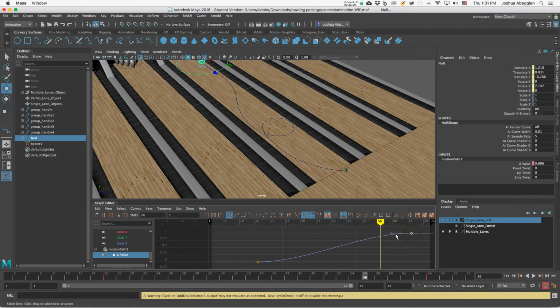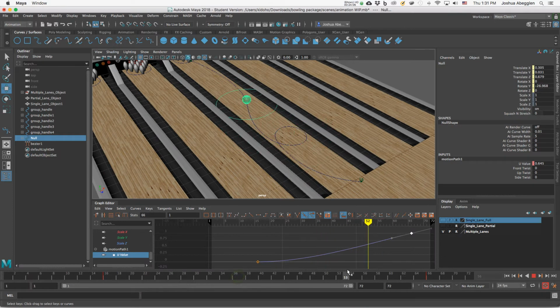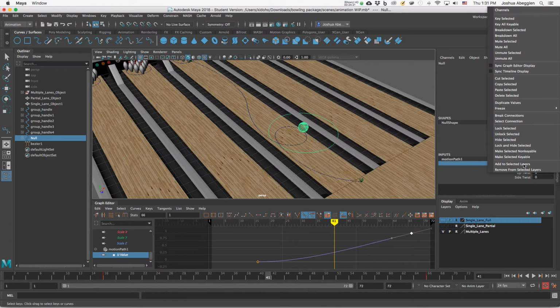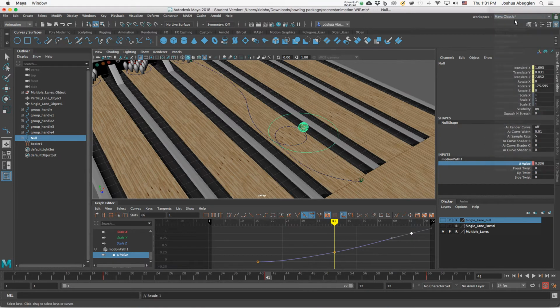I could actually come to the slow in and change the angle of that graph, so now we don't lose momentum as it comes into that stopping point right there. And also, I could come into a position maybe right here in the animation and say at frame 41, I want to put a little emphasis on that. So I can just right click on the U value here and set a new animation key, click on that key in the graph editor and change it